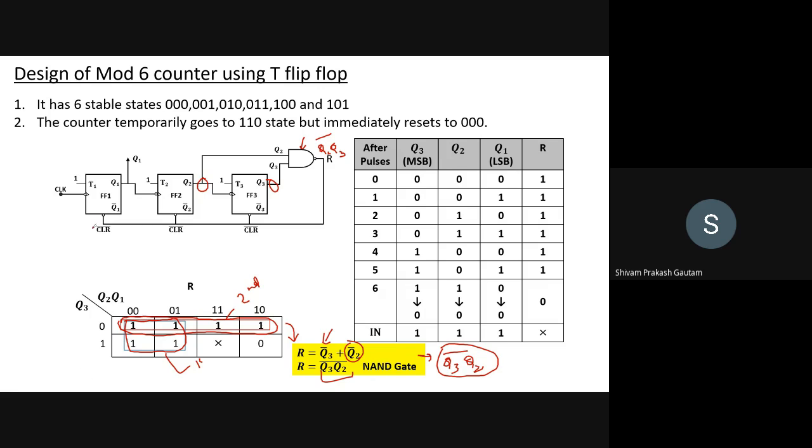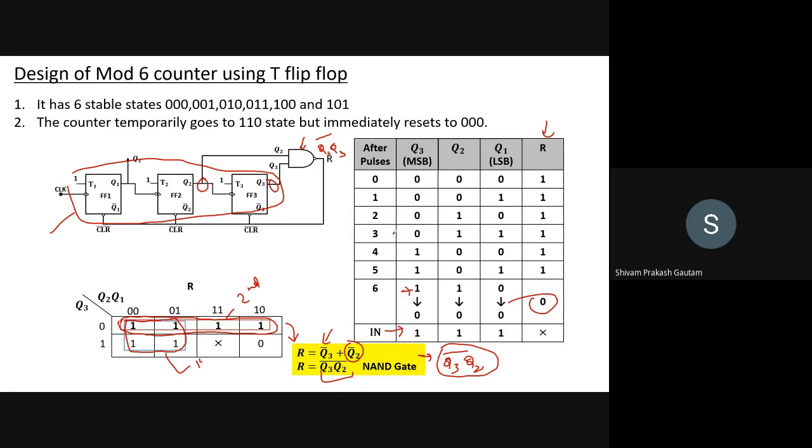Yes. Earlier, you designed only 3 flip-flops. The earlier design process will not take place. First, you have to find the logic. We will start from the table directly. You want to find the logic such that, since this is a mod 6 counter, this state is an unstable state and the flip-flop should reset itself, and this state will never take place.